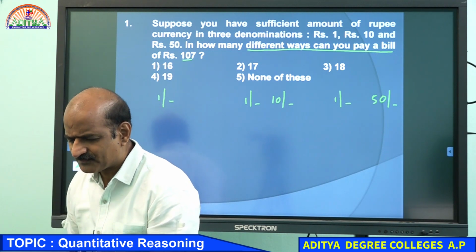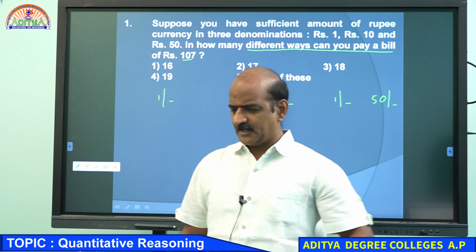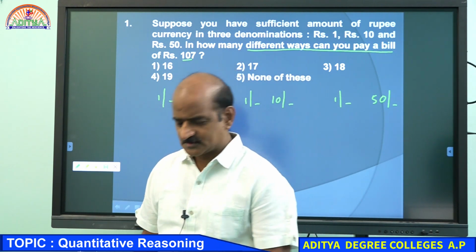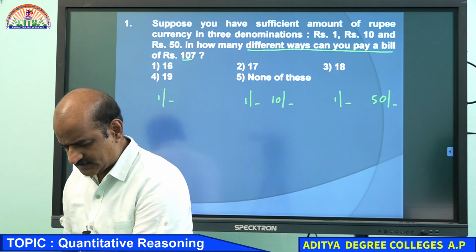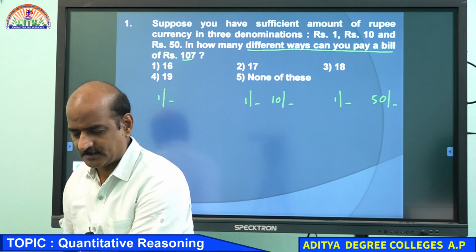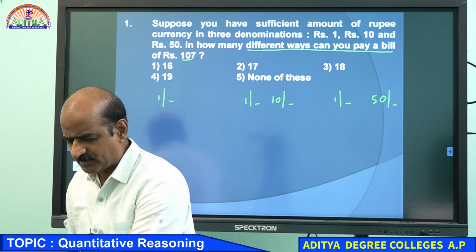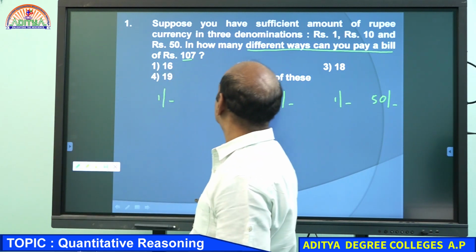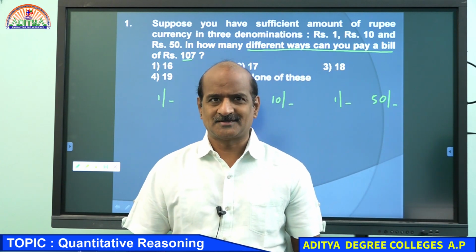Okay. Yeah, students, this particular topic we call quantitative reasoning. This is nothing but reasoning, but of course with a little bit of calculations. This is the final topic in test of reasoning. We will be dealing with all the questions in this topic, and with this we are going to come to a conclusion. Okay, somebody says 16 and somebody even says 17. Let me see what your answer is for this question.